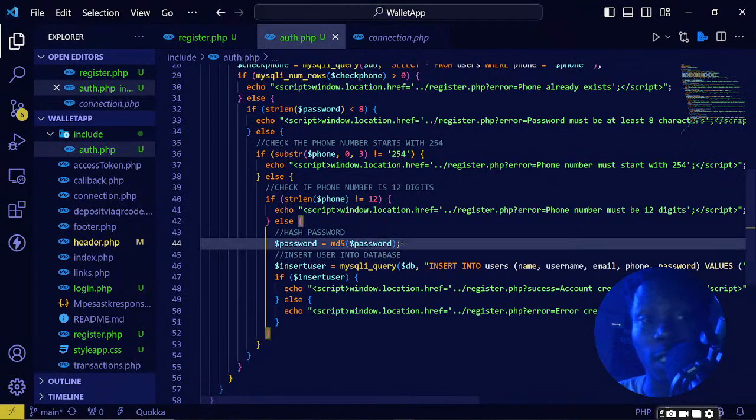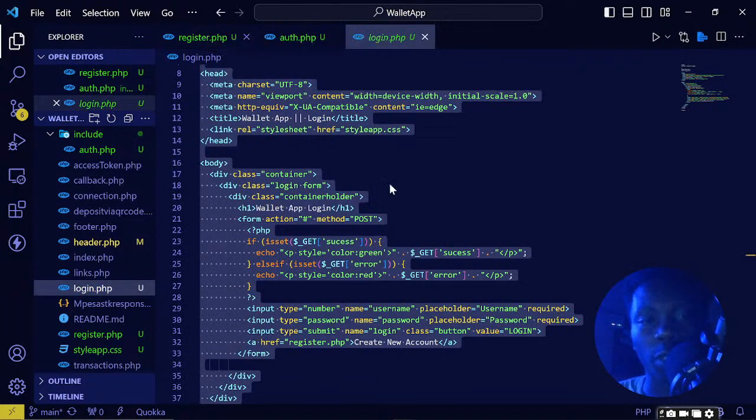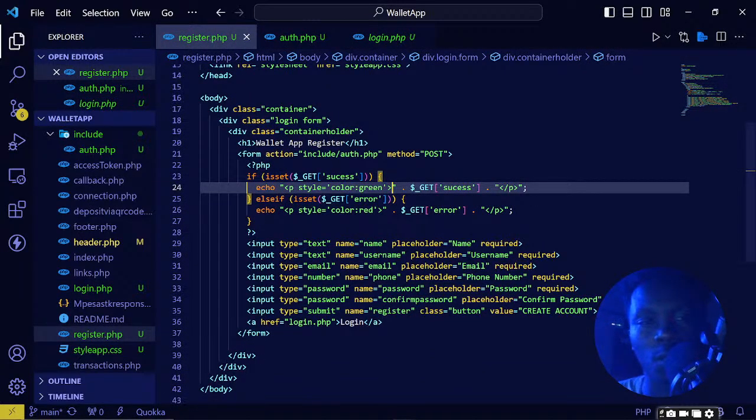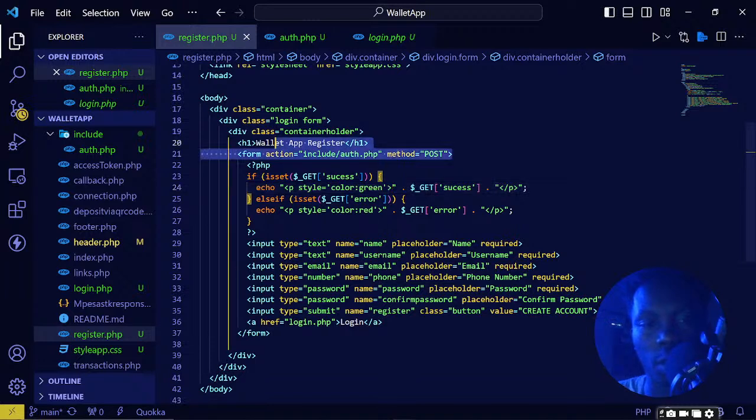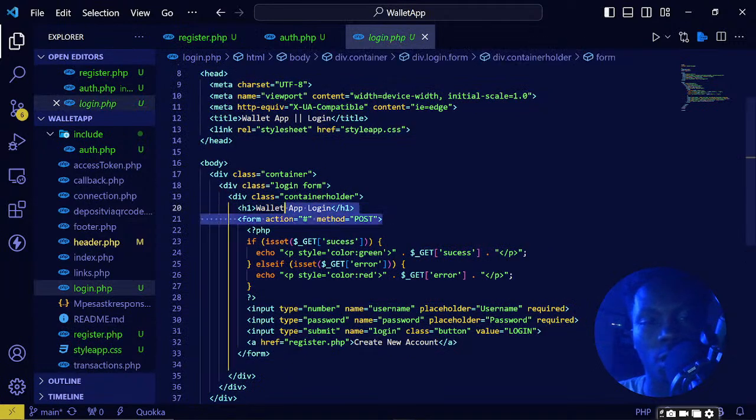We will just handle the login here, so we'll come to the login page. Now the login page, we will come back to this and copy this. We'll copy this auth page so that it can also take us to auth. So we will handle the auth in one page. Now come to this and copy this here,